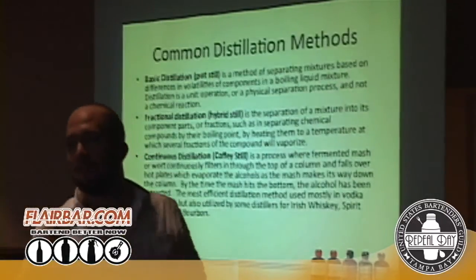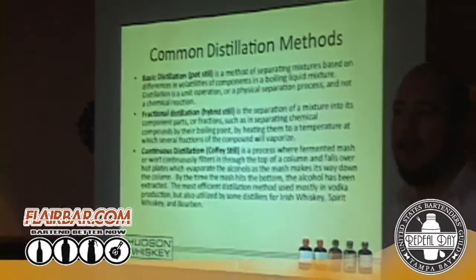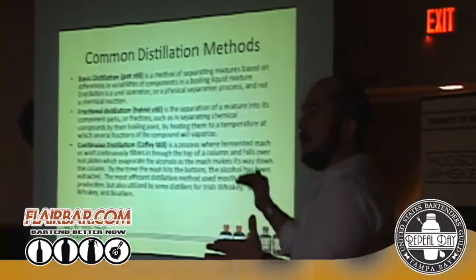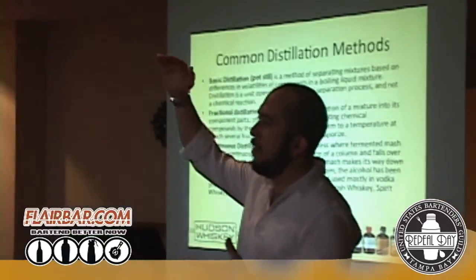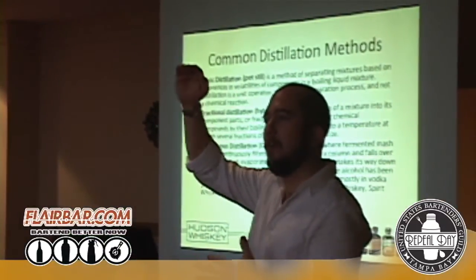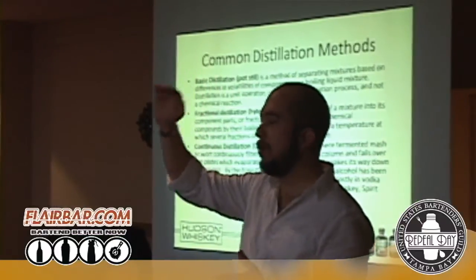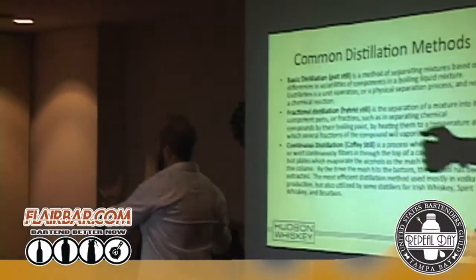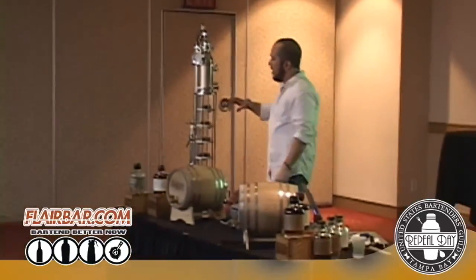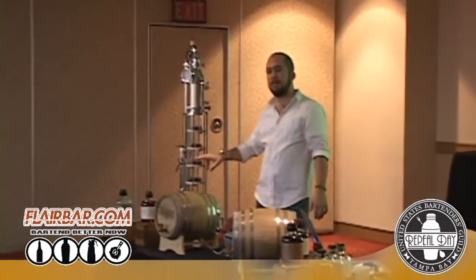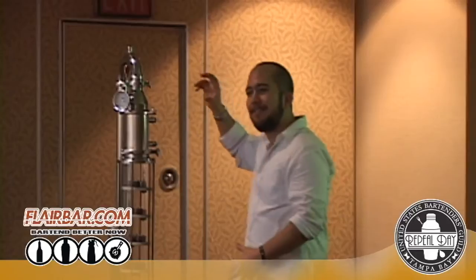Then we have the continuous distillation method, or the Coffey still, where there's no pot. It just runs continuously, and this is where the fermented mash or wort comes in at the top or the middle of a column, and it falls down over these plates. If you think about this still over here, without the pot, you've got the mash that would come in at the top, and it would fall down over these hot plates. As it falls down, the alcohol vapor comes off the top and goes into the condenser. Reflux comes off the side. Reflux is the condensed alcohol or other components that are falling back into the still. Those will come off the side on a continuously operating still.